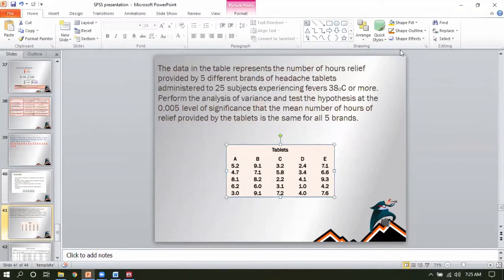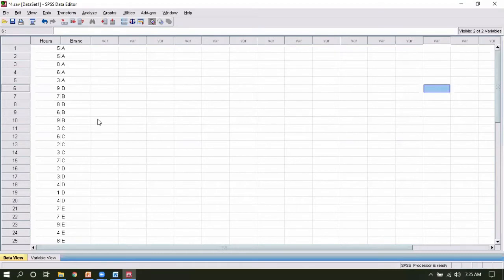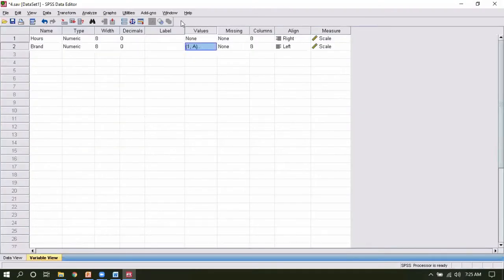For that, we have an example. To compare more than two groups or variables, we use one-way ANOVA for a normal population or for a normal parametric distribution. I have already typed the data. Just see how I am performing.